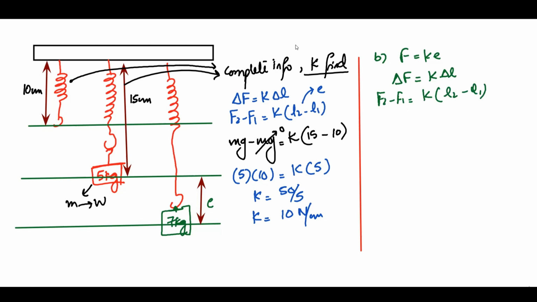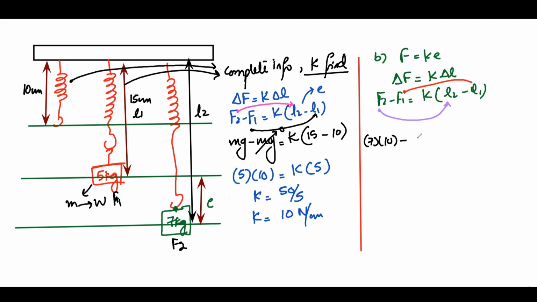Now, if you notice what I've done, the first force dealt with the first length and the second force dealt with the second length. Similarly, over here, the set of values will still remain the same. F2 would be dealing with L2 and F1 will be dealing with L1. So I see this is my F2 and this whole length will be my L2. Of course, we can go towards direct extension as well. We will get to that later. And this will become my L1 for the second situation, and this will become my force 1 for the second situation. So F2 is 7 kg, so that will be